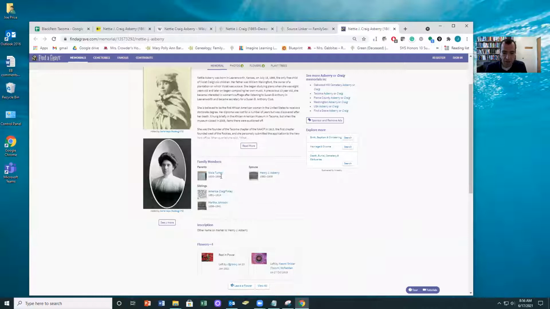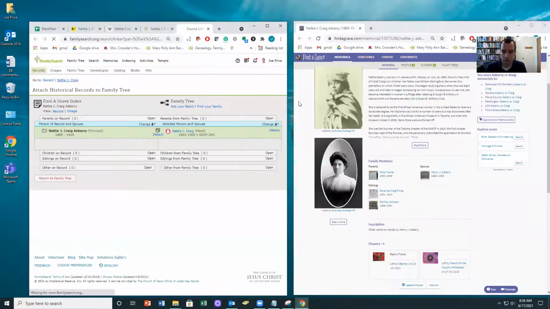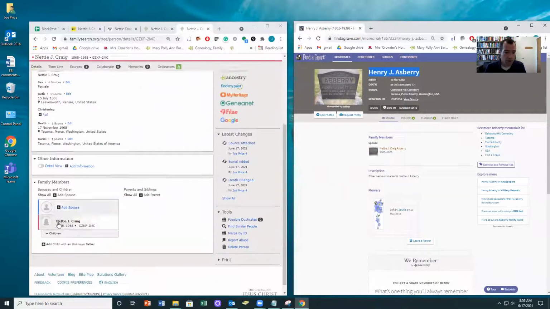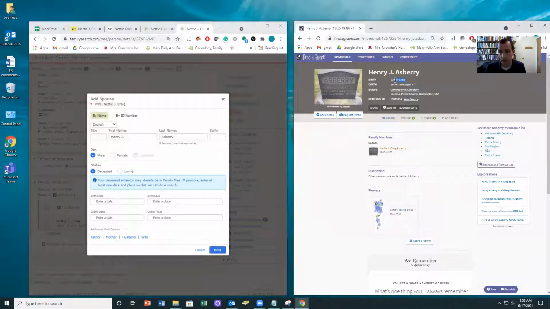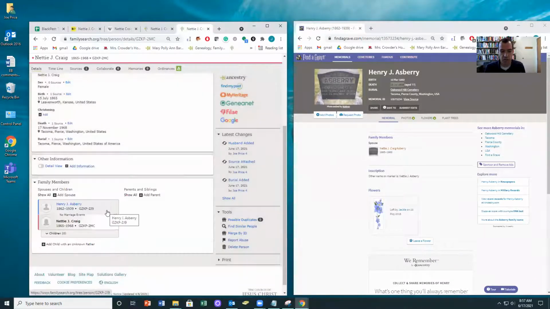So notice now here we have her mother, her husband, and her siblings. And so what I would do at this time is I'll usually just pull my Find a Grave window over here, and I'll just start adding in these other people. And what our hope is that we can eventually connect with someone who's already on the tree. That is probably the most time-consuming part, so I won't show you all of that. But really what our hope is to continue to add to the tree until we connect with